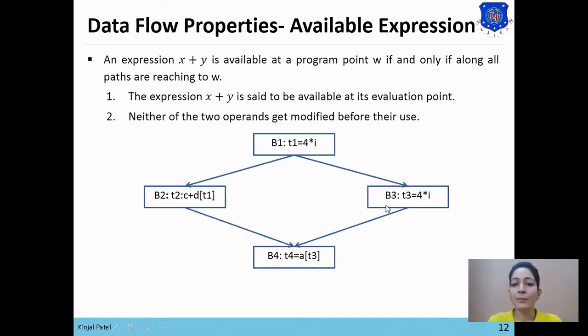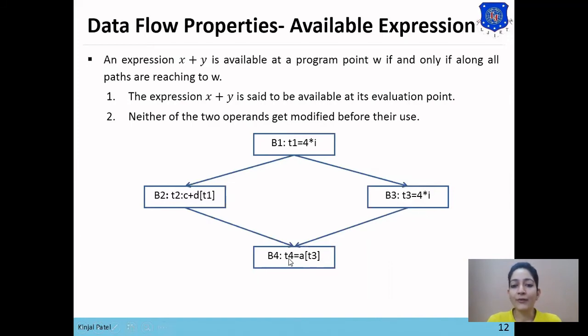Now in block B3, T3 equals 4 star I. Again we are defining the value T3 equals 4 star I. Here the value of the expression 4 star I is not changed before it appeared in B3. If our expression has not been modified before its use, then this expression is said to be an available expression. So here 4 star I is an available expression.